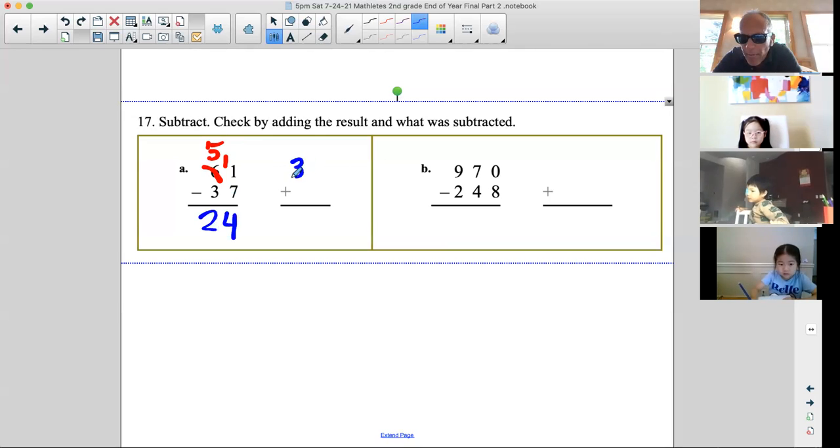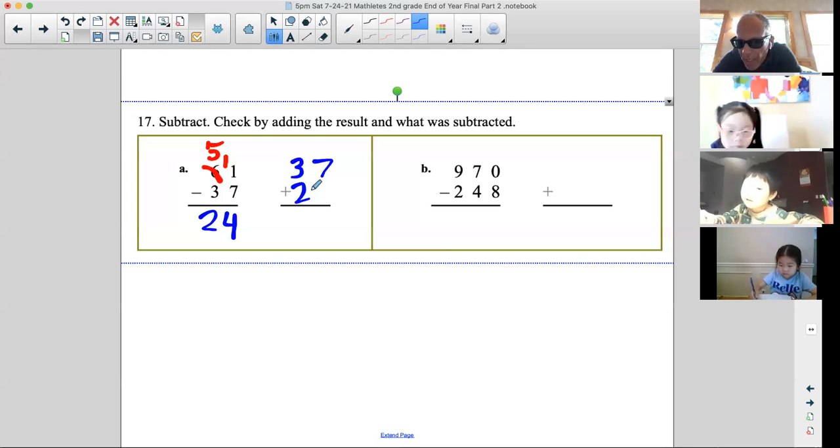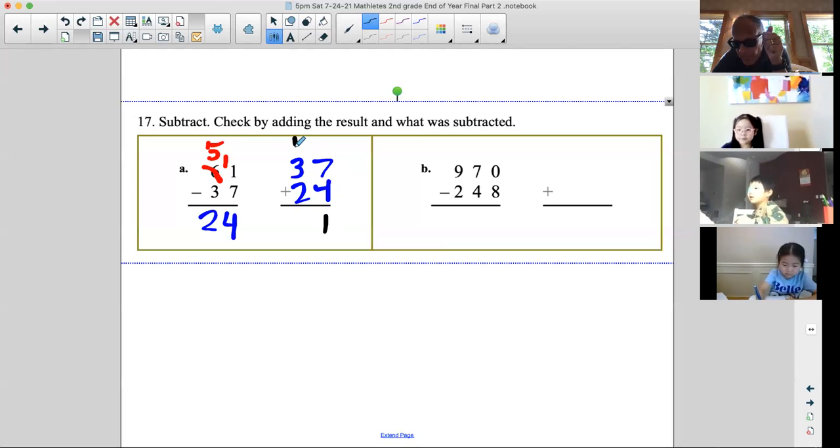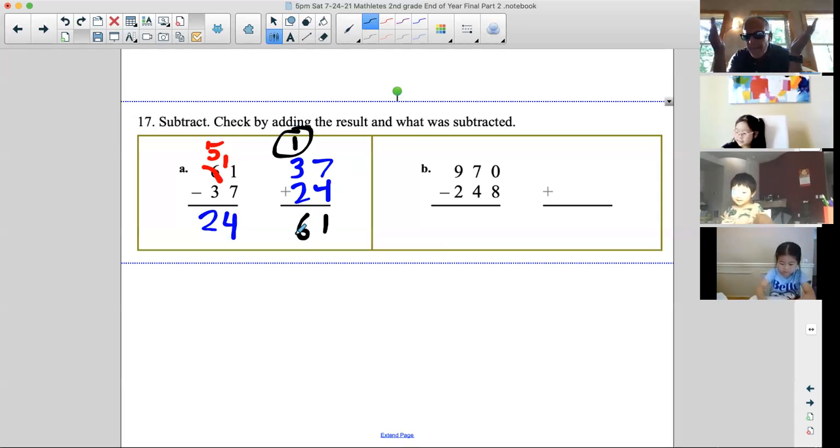But everybody write down 37 plus 24. We're going to check our work. If 37 plus 24 equals 61, we know we got it right. Okay, what is 7 plus 4? 11. What is 1 plus 3 plus 2? 6. And therefore, 61 minus 37 is 24. Okay, everybody, next,